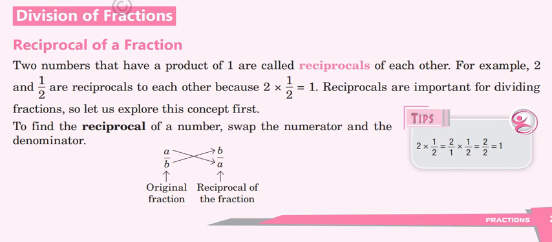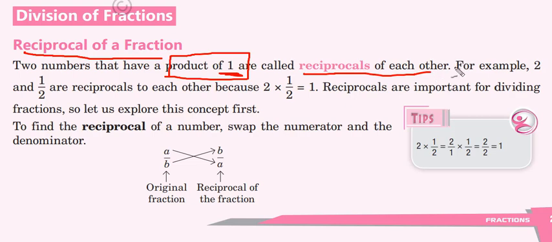So now we'll come to the division of a fraction. In this one, the most important topic is the reciprocal of a fraction. What do you mean by the reciprocal of a fraction? They say that when two numbers have the product of 1, that means the result comes out to be equal to 1, then we say that the numbers are reciprocals of each other. For example, if you take 2 and half, they are reciprocals of each other, because if